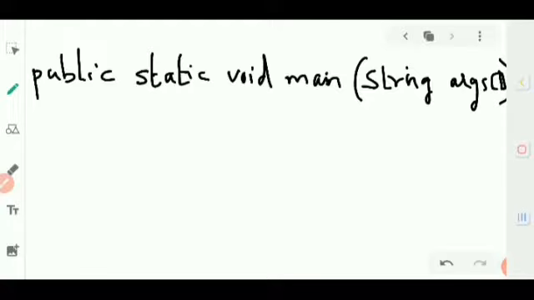It should be like this and don't end it with a semicolon. So the statement is going to be public static void main String args.